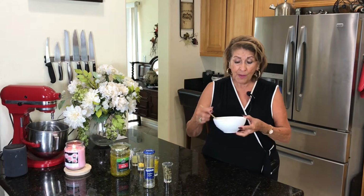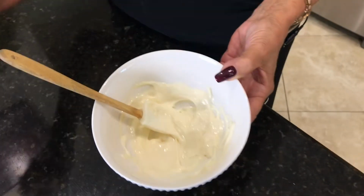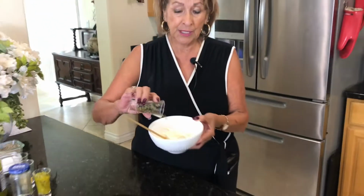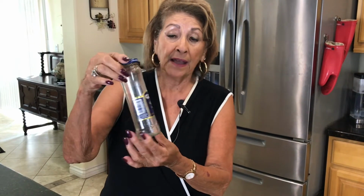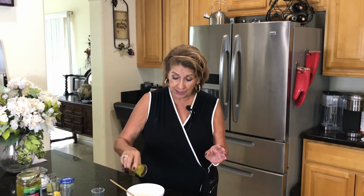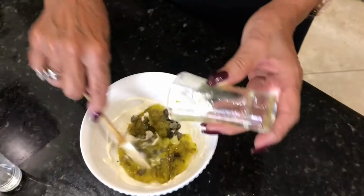So, in my bowl here, I have 2 tablespoons of mayonnaise. Now, to that mayonnaise, I am going to add 2 tablespoons of capers. Now, if you're a new cook and you haven't really been exposed to capers, this is what they are, and they come in a jar, and they're wonderful. I love them. I use them for all kinds of things. Then we're going to have 2 tablespoons of relish, pickle relish,